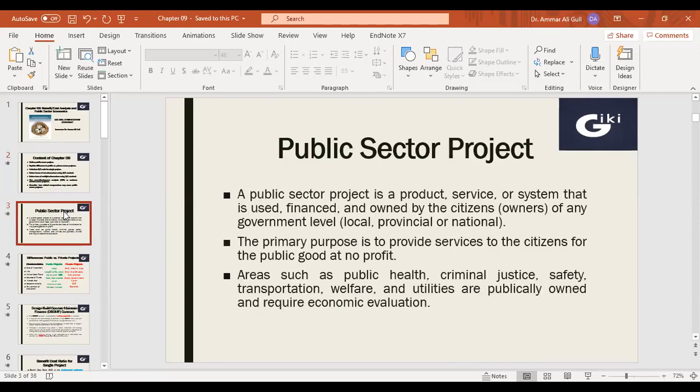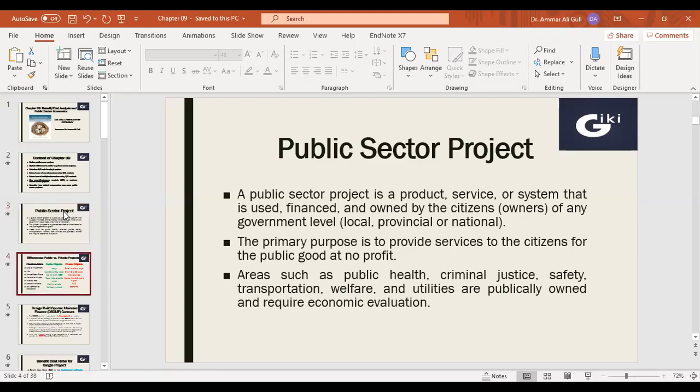So first of all, we started with public sector project. A public sector project is a product, service, or system that is used, financed, and owned by the citizens of any government level. It means the project is for the general public, their well-being, and the funding is provided by the government out of public money, like taxpayers, any levies or fees, or by issuing bonds to collect money from